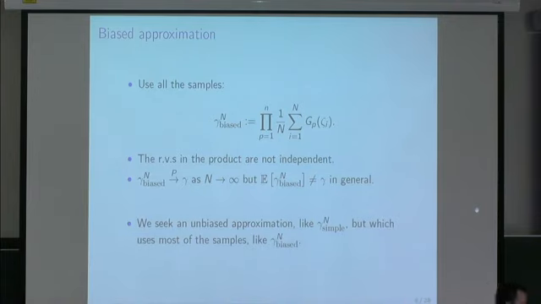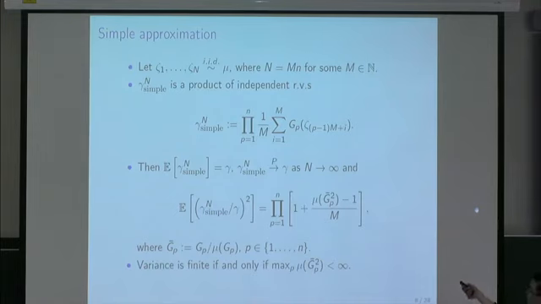Okay, so one problem with the simple approximation, of course, it's simple, it's nice, it's easy to use, it's hard to mess up. At the same time, let's start thinking about a context where actually simulating the random variables is very expensive. Ideally we don't want to simulate too many random variables, and if we have simulated zeta 1 up to capital N, we would like to use them as much as possible, not waste them like we do in the simple estimator, where once we've estimated mu of G1, we don't look at zeta 1 up to zeta M anymore.